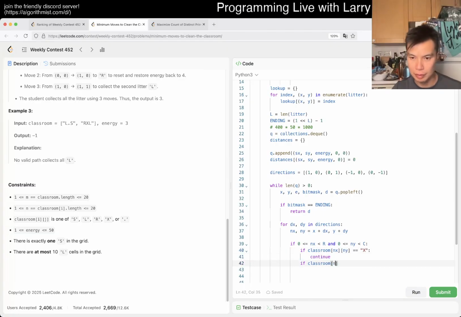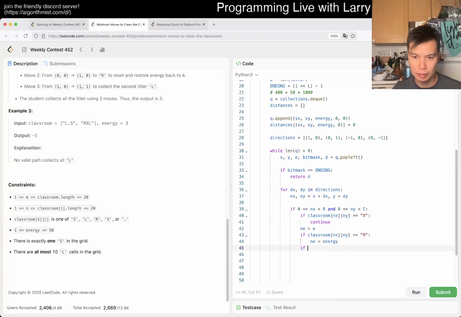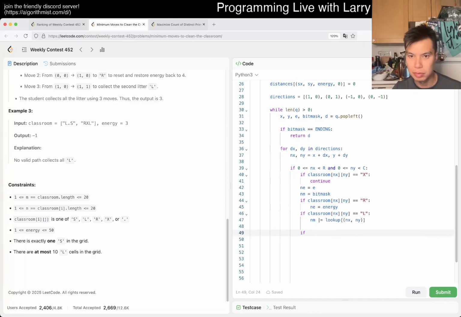If okay, so then now if x and y and the is in